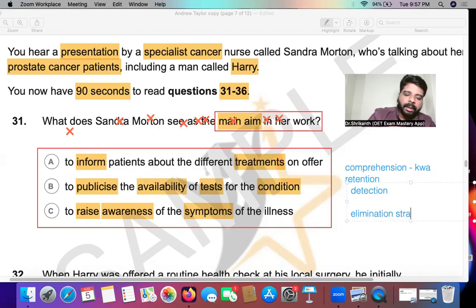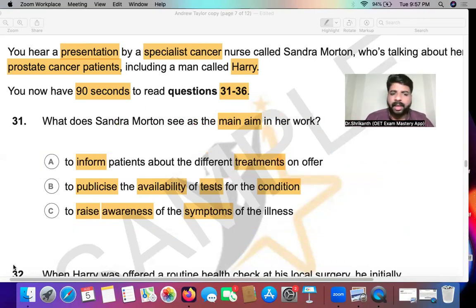So choosing the correct answer is important, but even more important is knowing why an answer option is incorrect. So if you believe A is correct, then you should know why B and C are wrong. That clarity also is important. And for the elimination strategy, the verb analysis will definitely help you to a great extent.